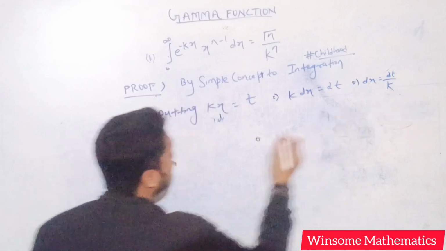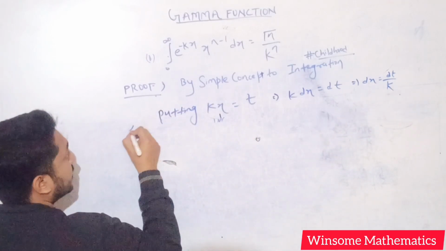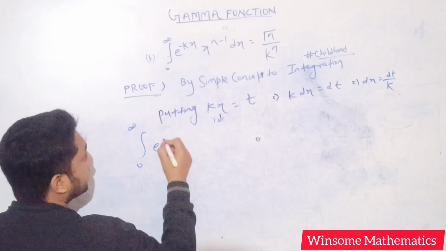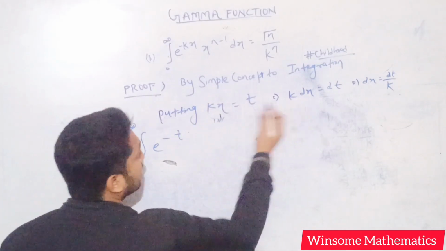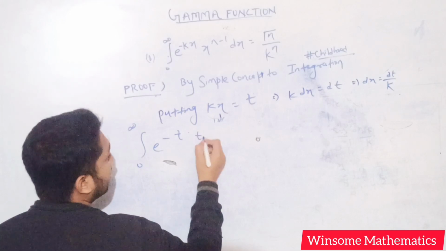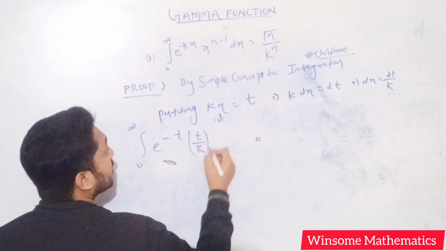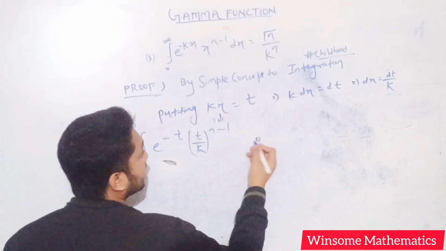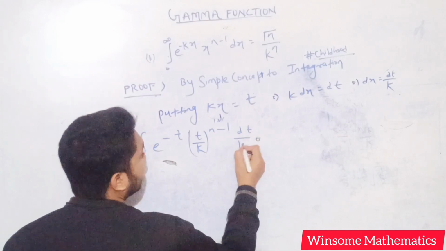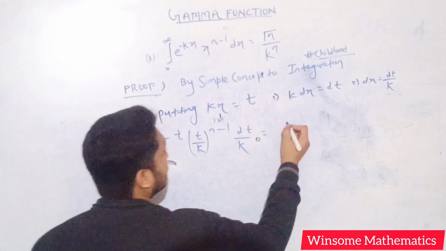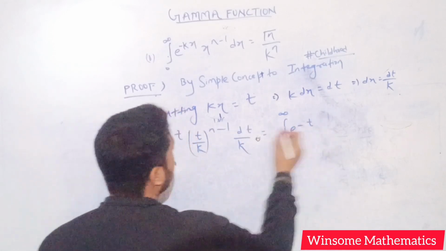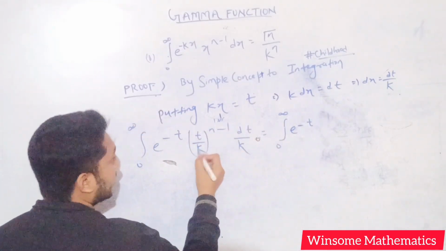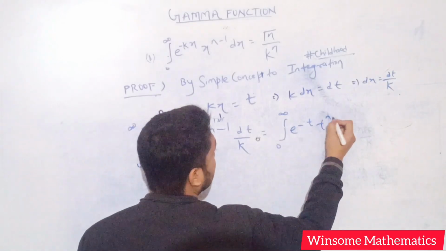Now dx is equal to dt upon k. Now simply we can write the integral from 0 to infinity of e to the power minus kx, that is t, and x is equal to what? t upon k. So t upon k to the power n minus 1, and dx is equal to dt upon k. And simply we can write it as 0 to infinity e to the power minus t, t to the power n minus 1 and k to the power n minus 1,